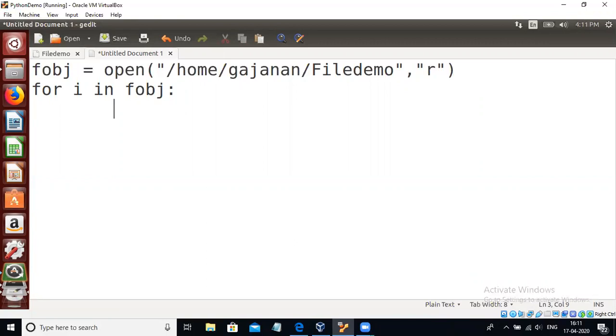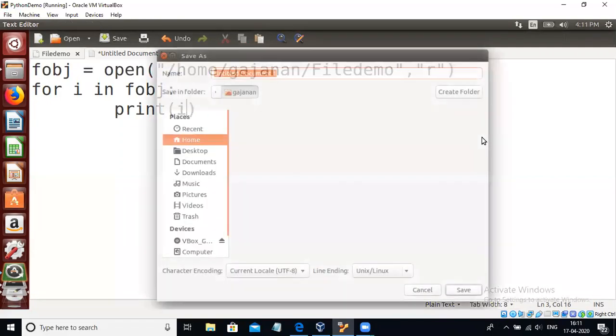Where will the content be, and how can you print the contents of the file? Obviously you can print the variable a, because all the contents from the fobj object will be inside a, and if you print a, the contents of the file will be printed.